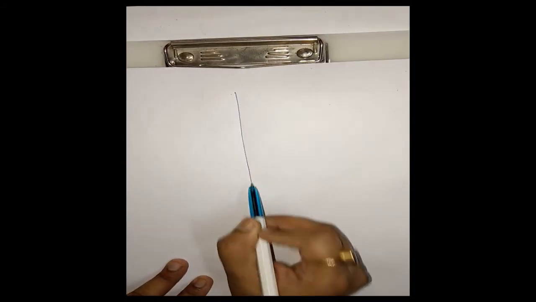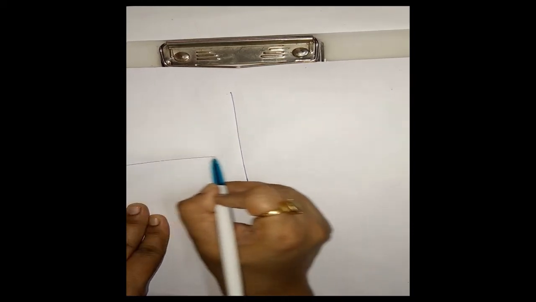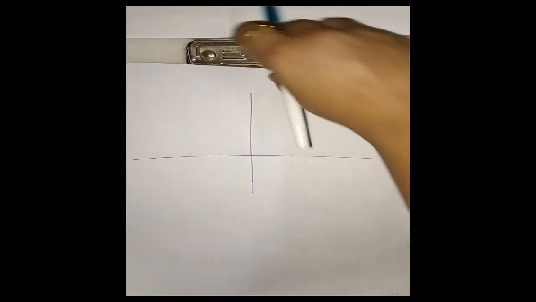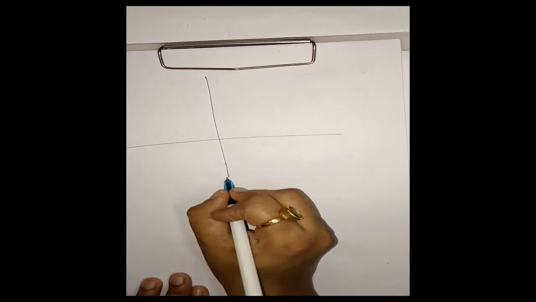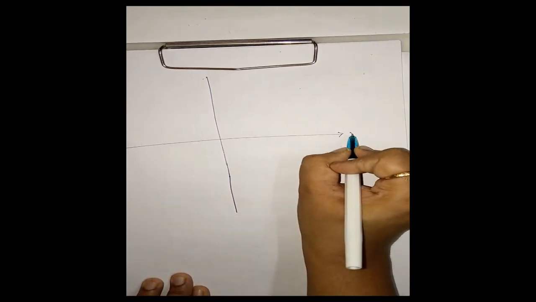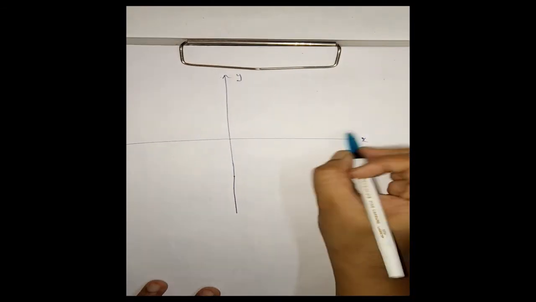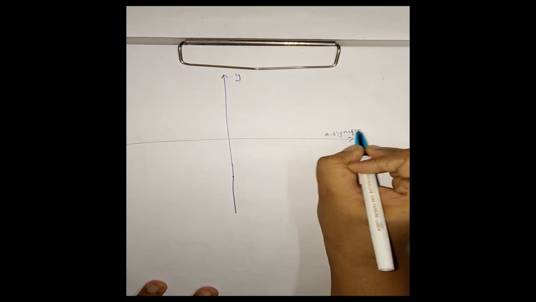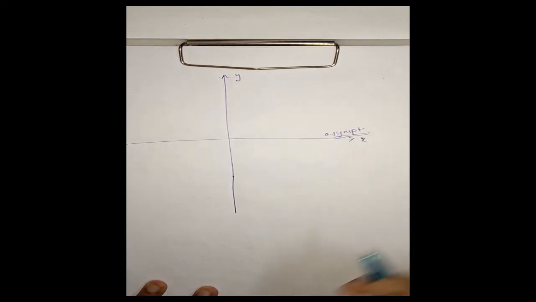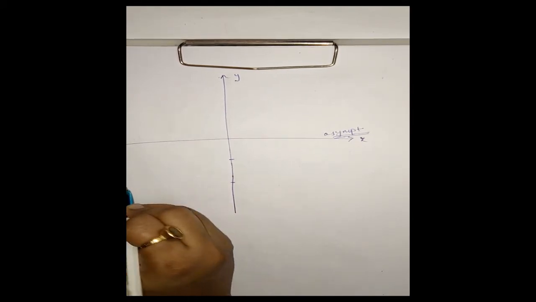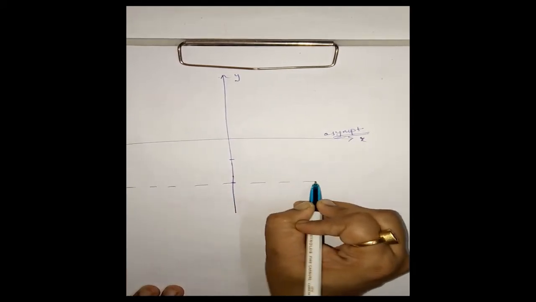now here I have this. Okay, now the graph will be of the form: the graph lies in the third and fourth quadrant. From the region it is clear. This is my x-axis, this is my y-axis. Okay, now this is my asymptote. This is also clear, y is equal to 0. This is my asymptote. Now since a is negative, 2a will be here. This is y is equal to 2a.